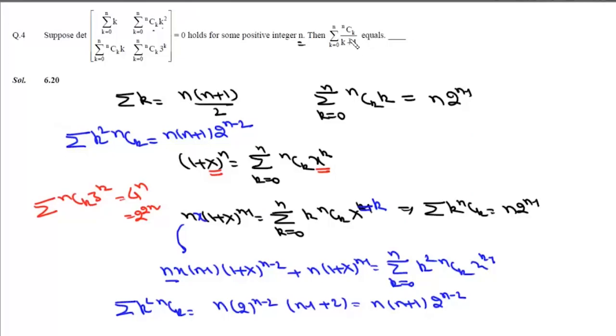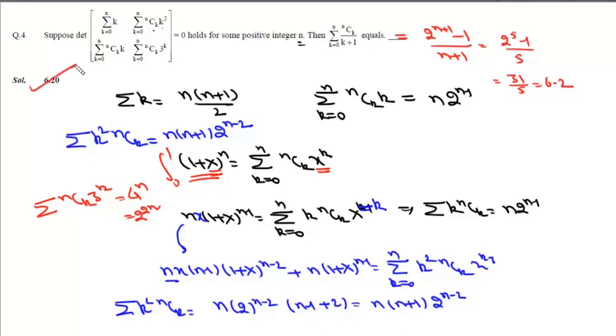Now if we take n as 4 and we have to find this summation, we know that this summation is (2^(n+1) - 1) upon (n+1), and we get this by integrating (1 + x)^n from 0 to 1 on both sides. Now the value of n is 4, so it will be (2^5 - 1) upon 5, which is 32 minus 1, 31, 31 upon 5, which is 6.2. So the answer to this question is 6.2.